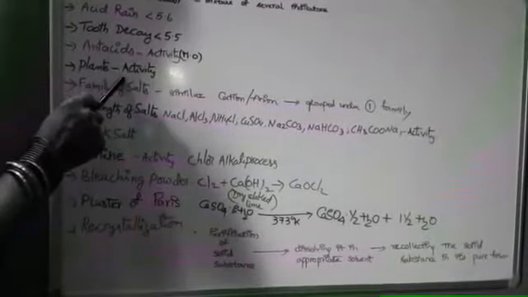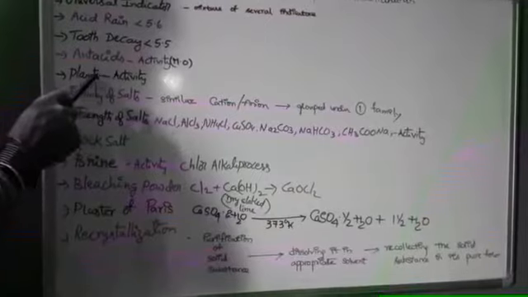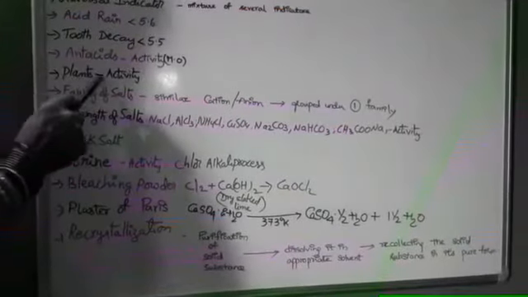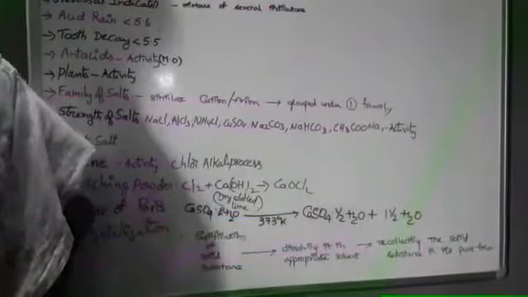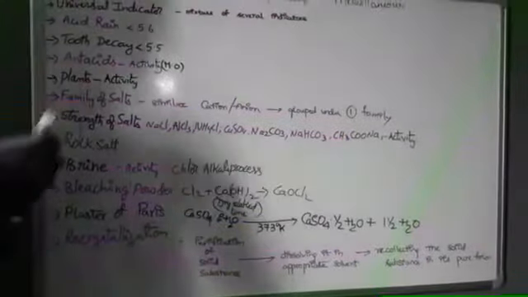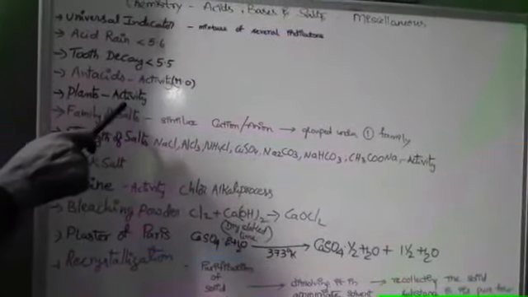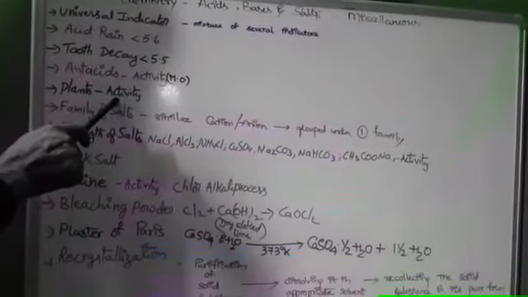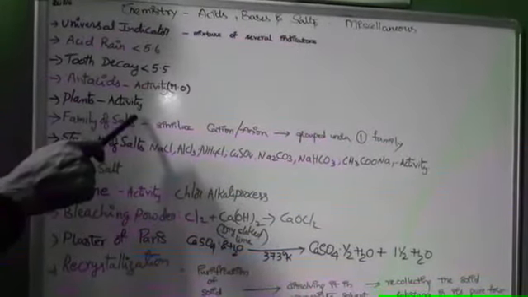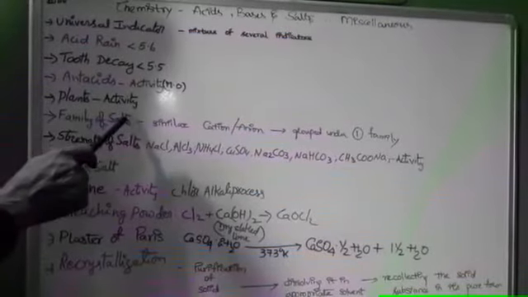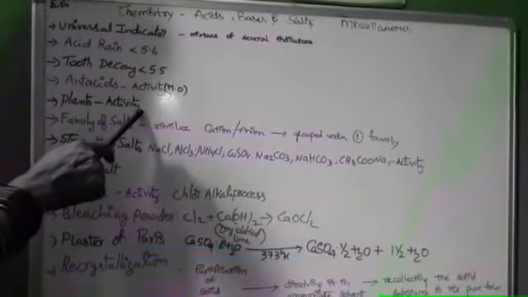Plants grow well in healthy soil. To check whether the soil is healthy and suitable for the growth of plants or not, there is an activity. Let us take a test tube, and take 2 grams of soil and 5 ml of distilled water. Shake it thoroughly and leave it undisturbed for a few minutes. Then go for filtration.